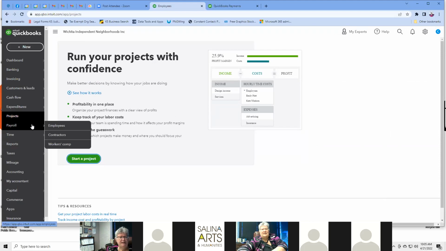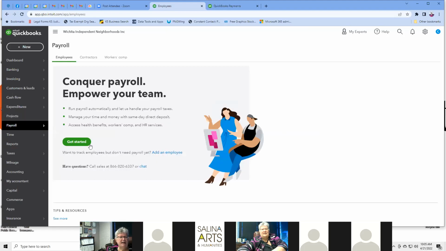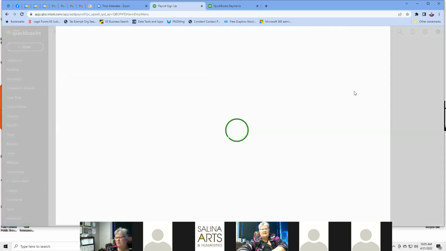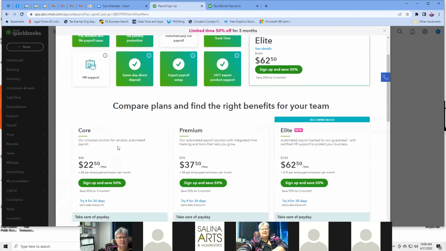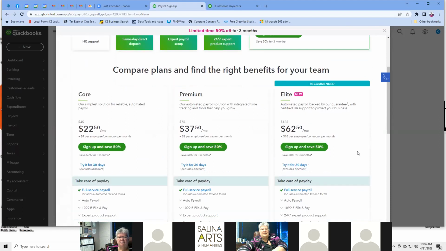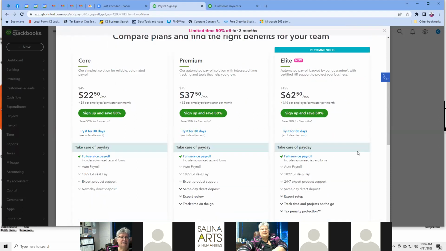And then payroll. Again, I know I told you there's an additional cost for that. I love the payroll option. Here at the Nonprofit Chamber, we do the core level. I guess they have a deal right now where it's $22.50 a month plus $4 per employee or contractor per month. But then it goes up to $45. Again, for us, because we're a small organization,